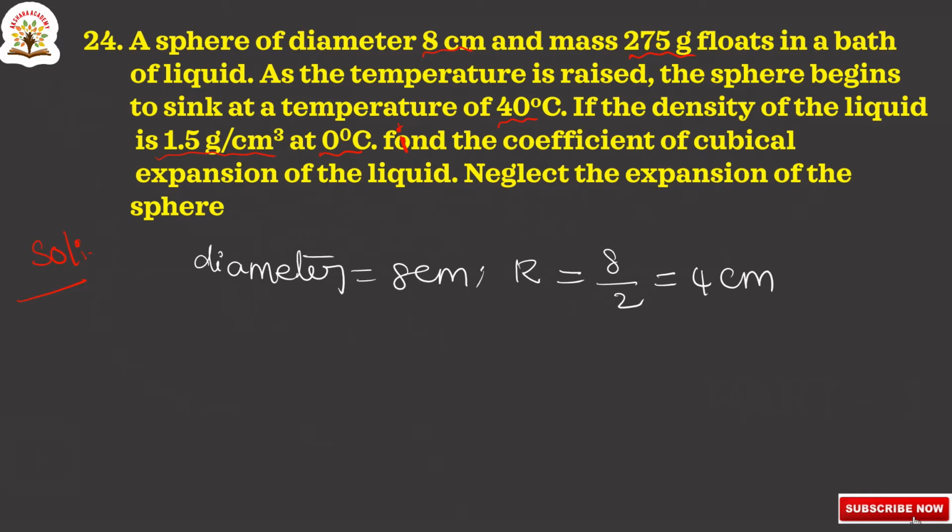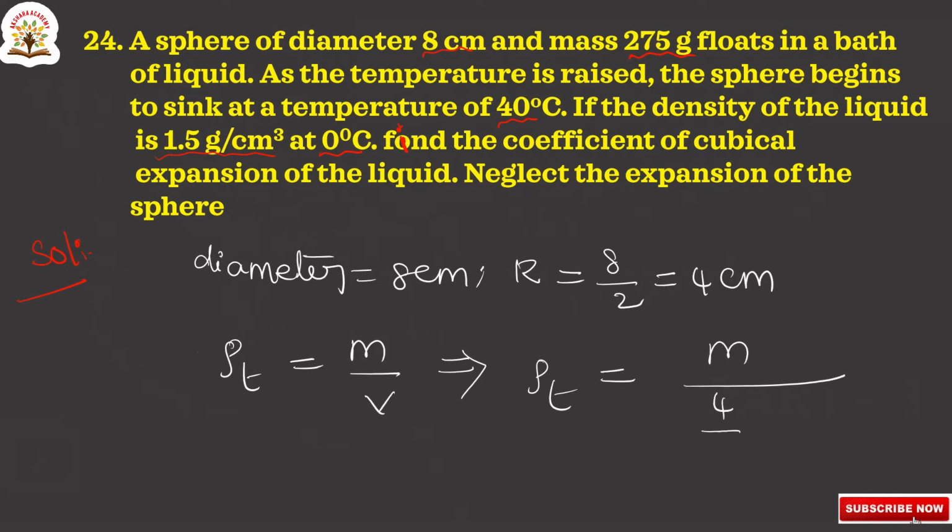Now, density at T degree centigrade is equal to mass by volume, that is rho T is equal to m by volume, nothing but 4 by 3 pi r cubed, volume of the sphere. Now substituting the values, rho T is equal to